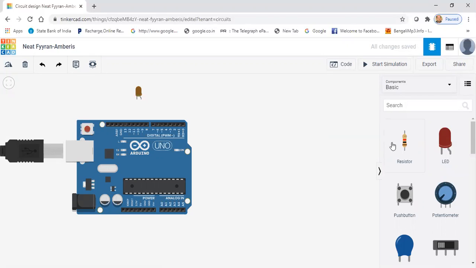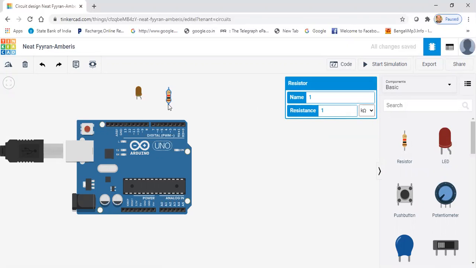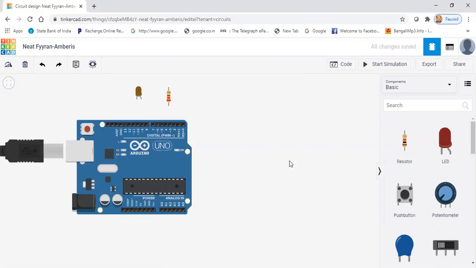Then we are taking this resistance. Now this resistance value we can take here 220 ohm. We can choose any value between 200 to 1000 ohm. So for this we can choose 220 ohm as the value of the resistance.